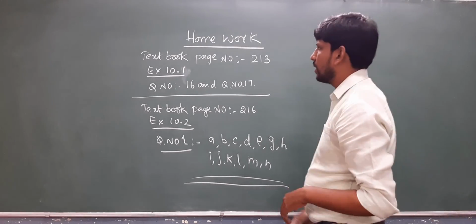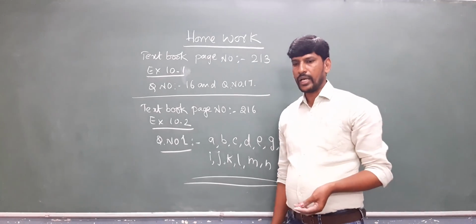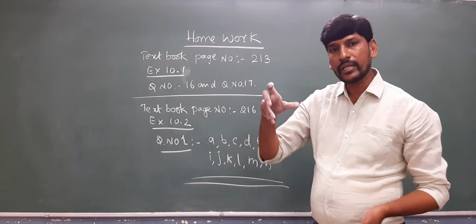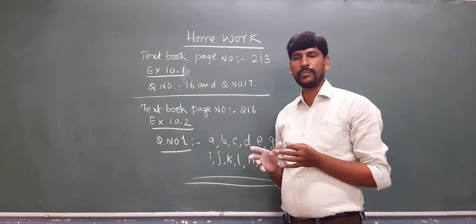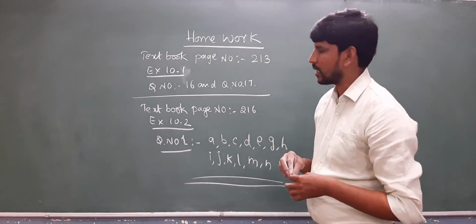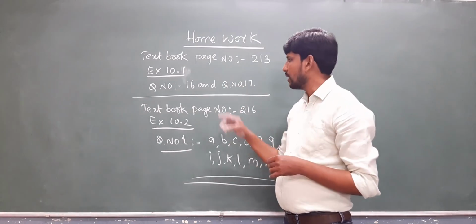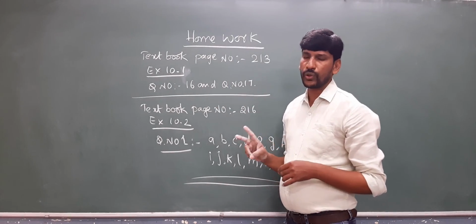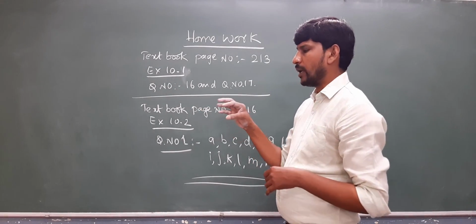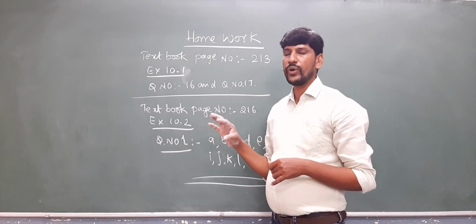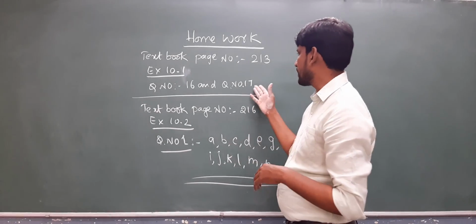Now, children, I hope you understood what the area concept is and how to find the area of a rectangle. And also by counting the squares, if it is an irregular shape, different types of shapes, by counting the squares we understood that. Now see, in exercise 10.1, I gave up to question number 15 as homework. Question number 16 and question number 17 are the two more questions. Question number 16: we find the perimeter of all the figures and see which one is the and what you found from all those answers. Clear? And question number 17 is also very easy.